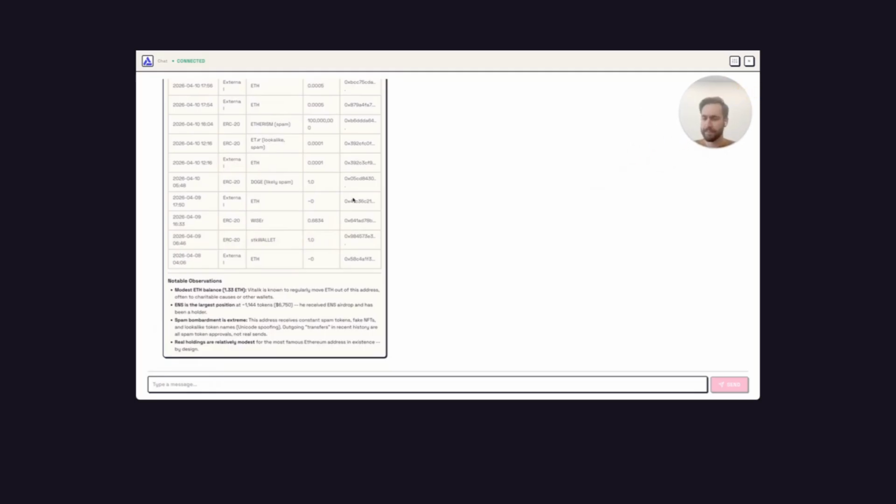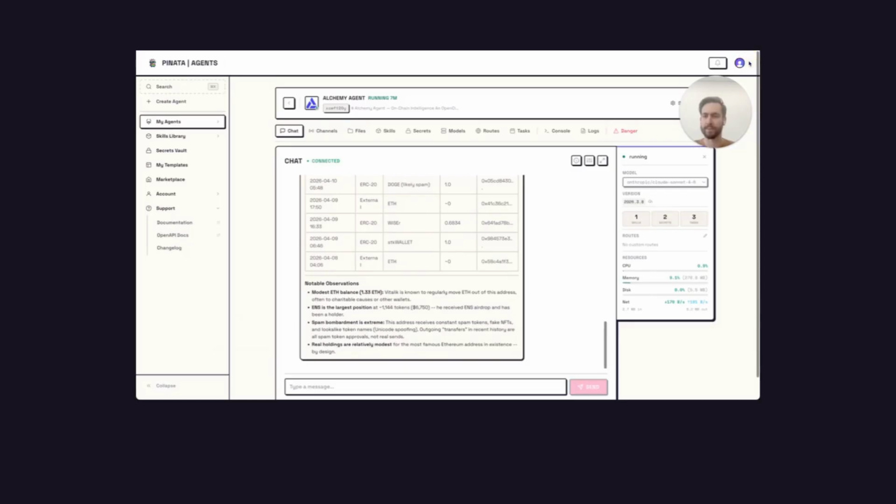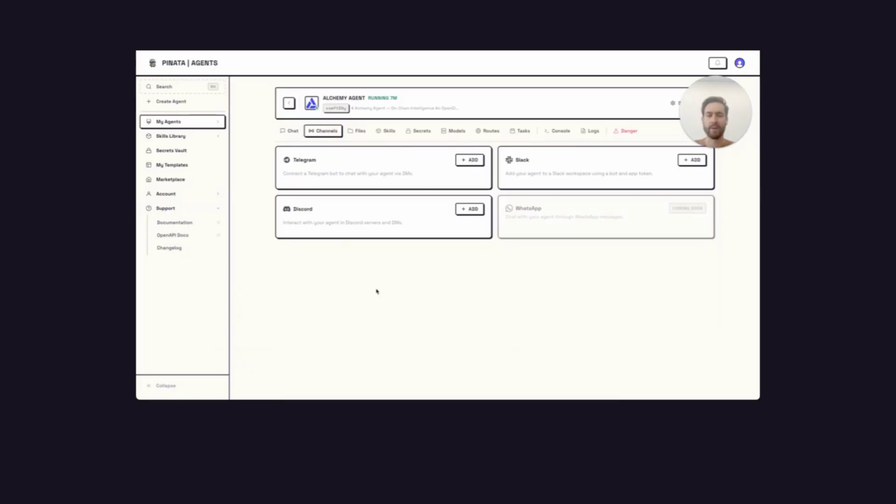Okay, now that we've done this, let's try something a little bit more active, like monitoring, rather than just chatting with the agent in real time. To start with, we're going to want to set up a channel. To do that, we can go over to the Channels tab, and we have a few different options to choose from. For the demo today, we're going to use Telegram, but you can use any of the options that we support. So go ahead and click Add,